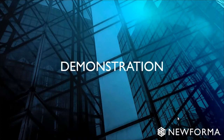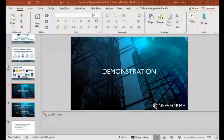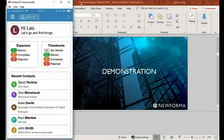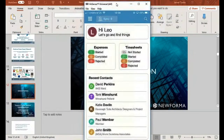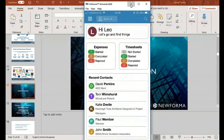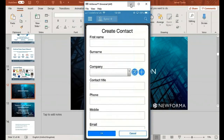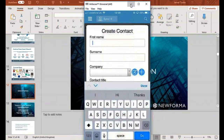And now we will go through our product demonstration. So for the first demonstration, I'm going to be at a networking event, and I'm going to add a new prospective client that I meet at the networking event using the Rapport3 mobile app showing on the window here. It allows you to add in a contact and then send that contact straight through to the Rapport3 main app. So if I click on the menu on the top left-hand corner and click on Add Contact,